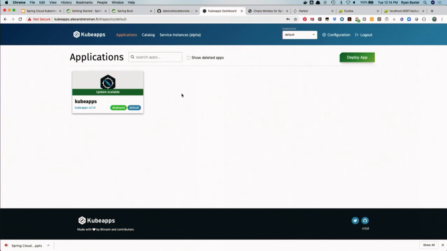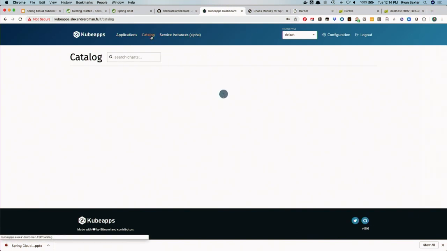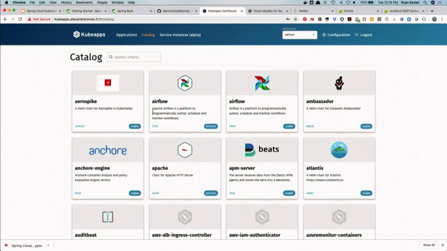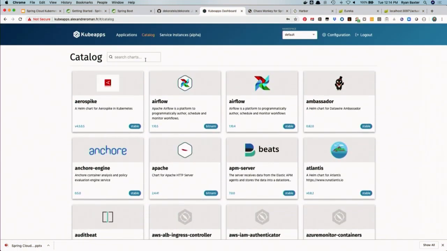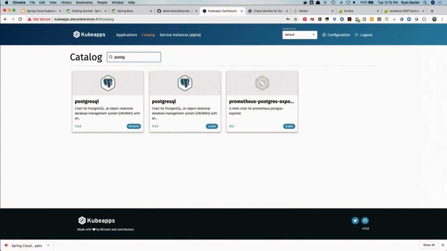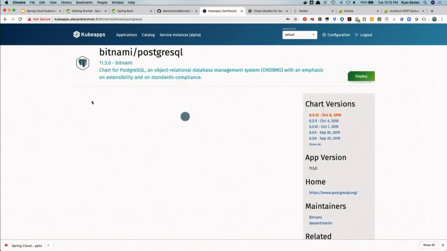The nice thing about this tool is that I can easily deploy any services as long as your services are available as Helm charts. So let's click on the catalog. Here you can see that I can just create about anything. So let's create a PostgreSQL database.